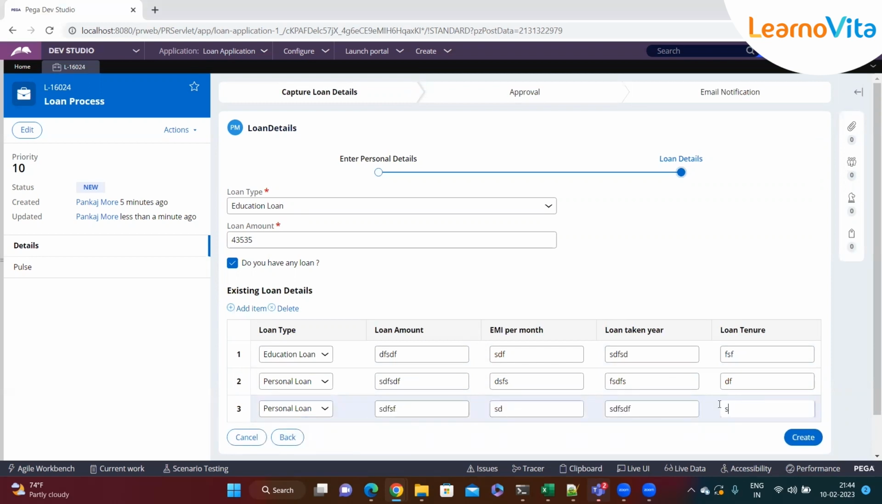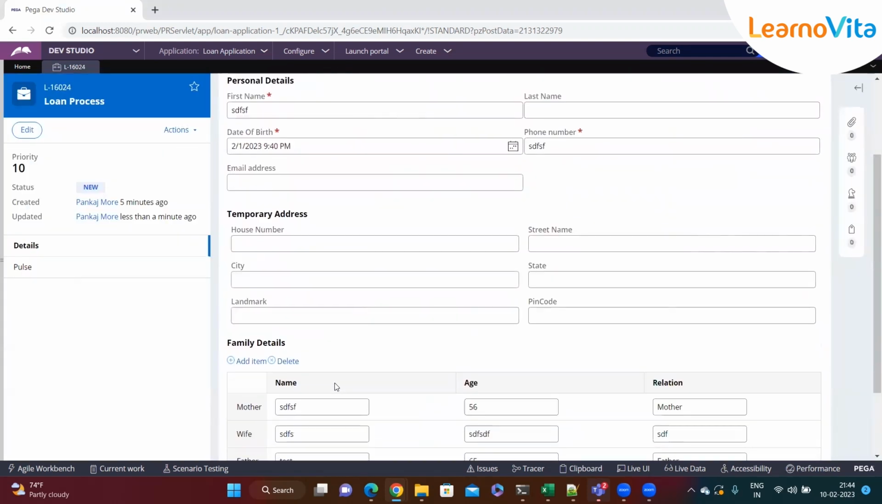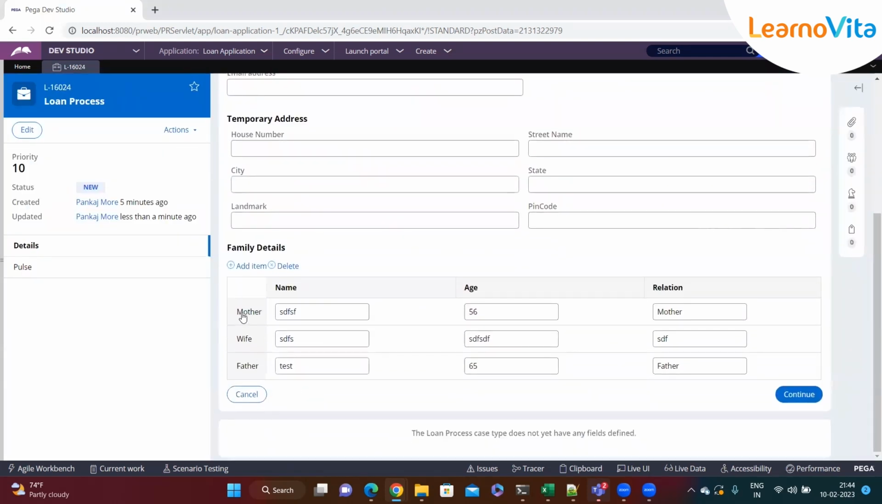Okay, so here also I've entered 3. So you can see that for the page list, the subscript is 1, 2, 3, whereas for the page group, the subscript is a string, like mother, father, wife. Okay, and now,